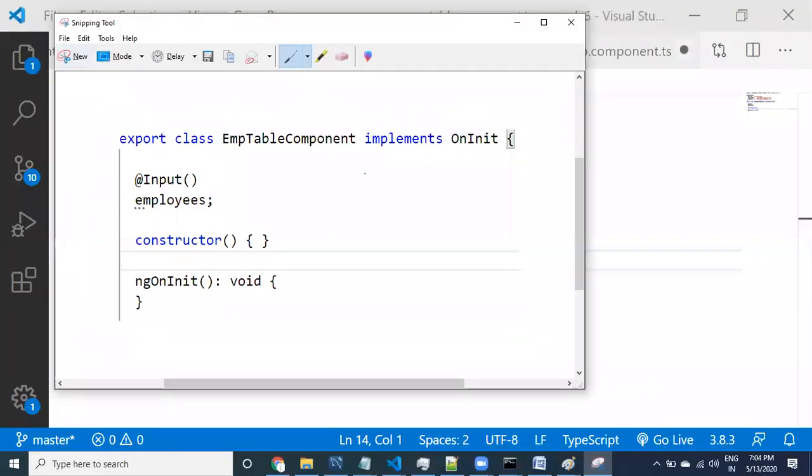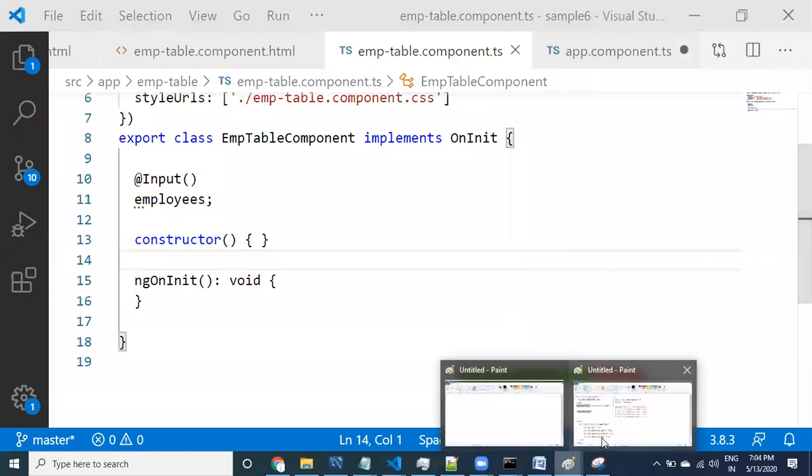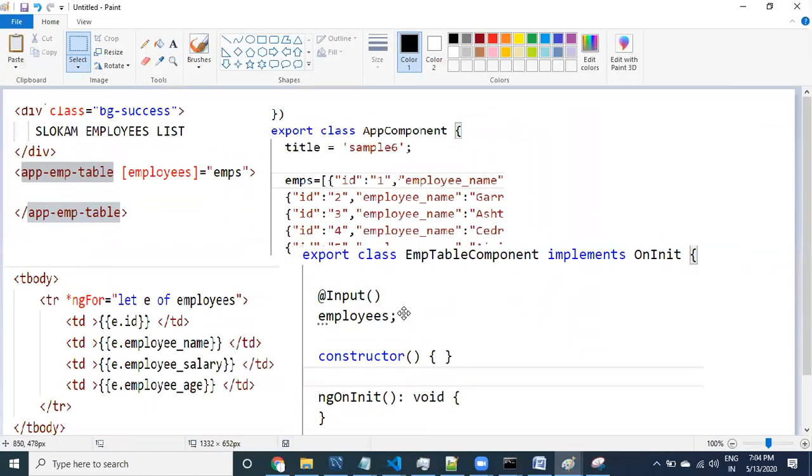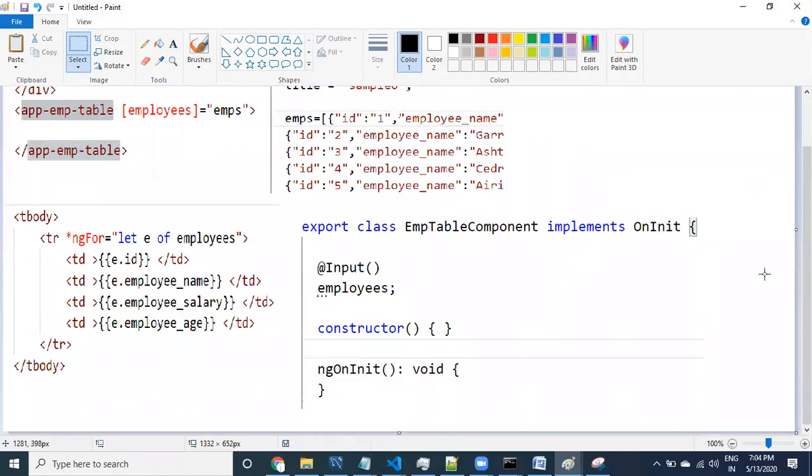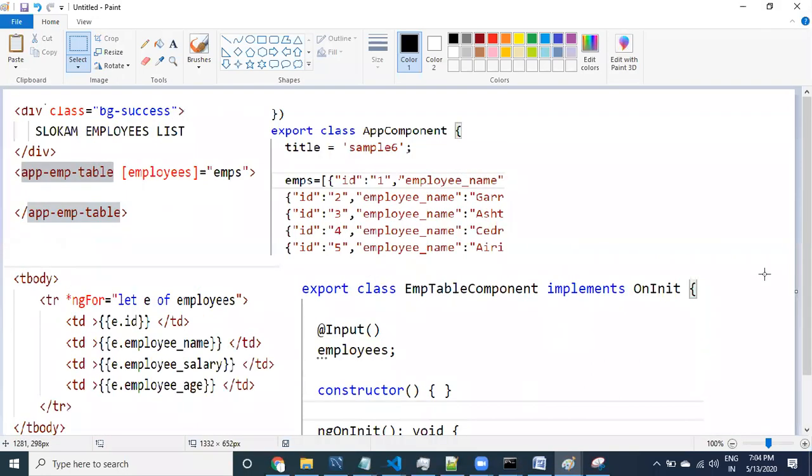I'm going to bring until this one. So these are the four things that we have provided.